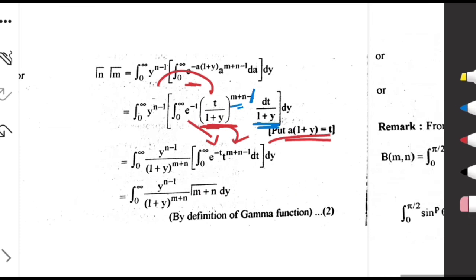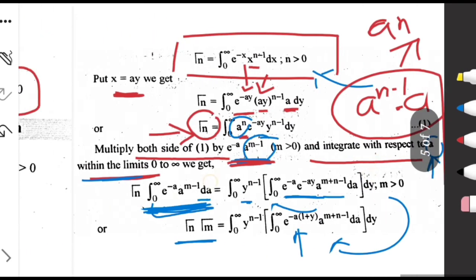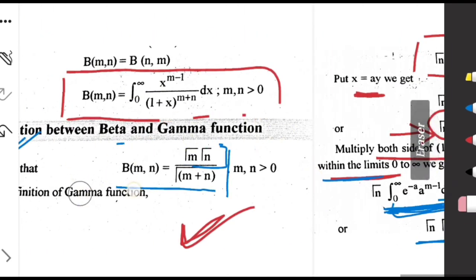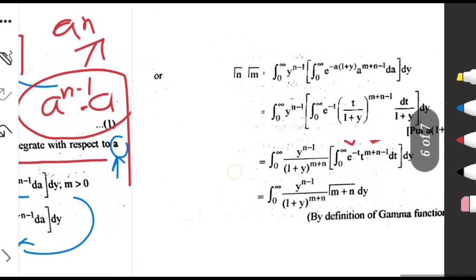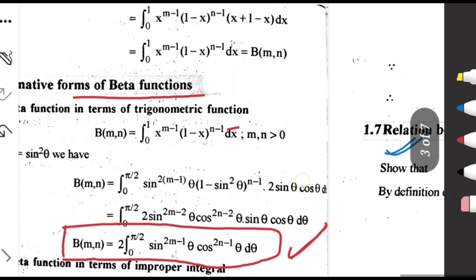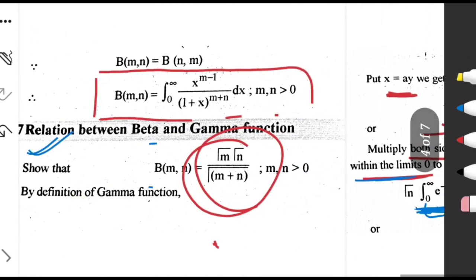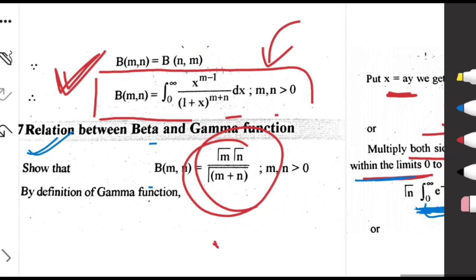Rest everything is the same. In the next step, we will shift this gamma m plus n to the right hand side, because this is all what we want to have on one side. Okay, so we have got this term, and this is this. Now, as I've told you, one form is very important in this, beta m n. This beta function can also be written like this. So the only change we have in the relation is y. Like instead of this x, you will get y over here.